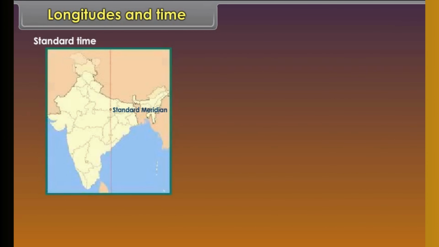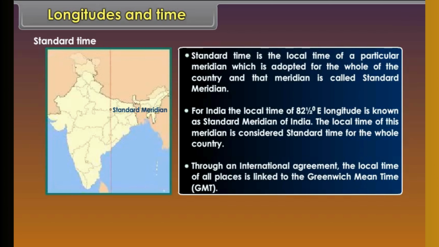Standard time. Standard time is the local time of a particular meridian which is adopted for the whole of the country, and that meridian is called Standard Meridian. For India, the local time of 82.5 degree east longitude is known as Standard Meridian of India. The local time of this meridian is considered standard time for the whole country. Through an international agreement, the local time of all the places is linked to the Greenwich Mean Time, GMT,